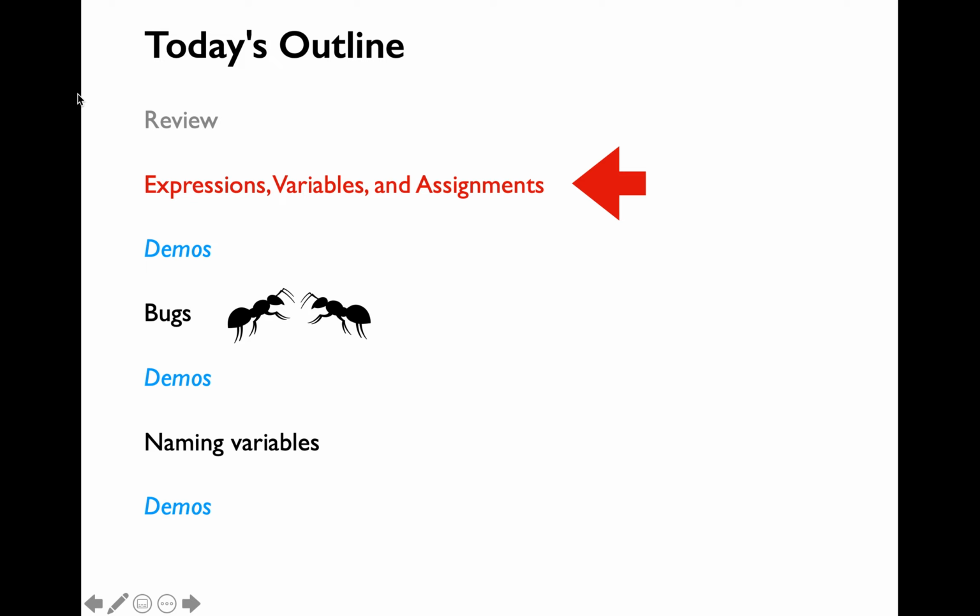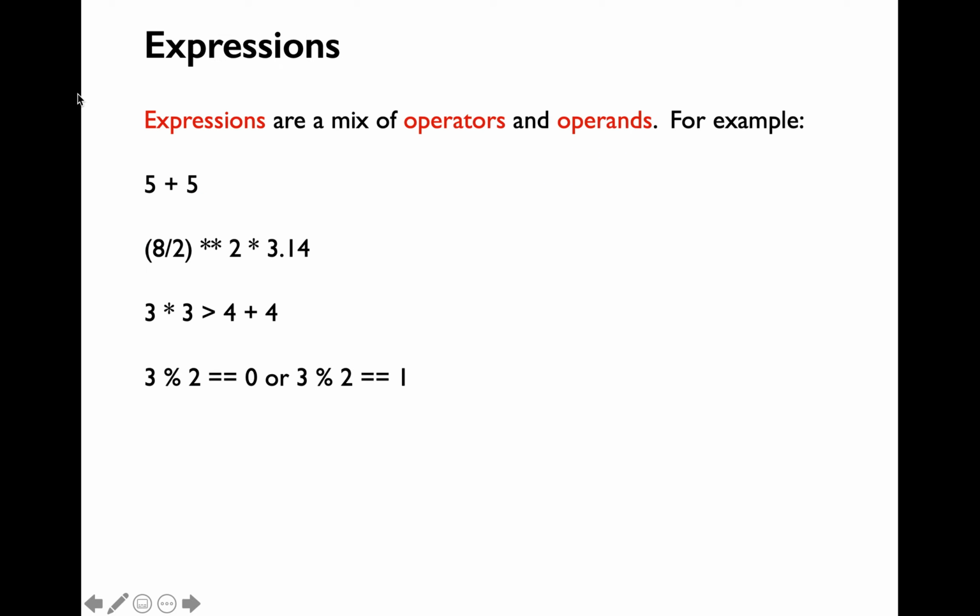I'm going to start talking about other terminology when it comes to expressions. So far, we learned that expressions are a mix of operators and operands. A lot of examples are shown here on the screen. Your operands can either be a literal or a variable. So let me define the term literal first. A literal just refers to a fixed value. Examples of a literal would be an integer, a floating point value, a string, and a Boolean value.